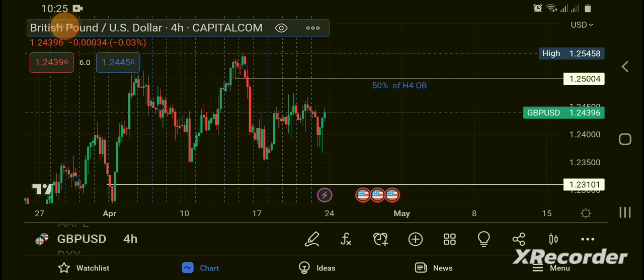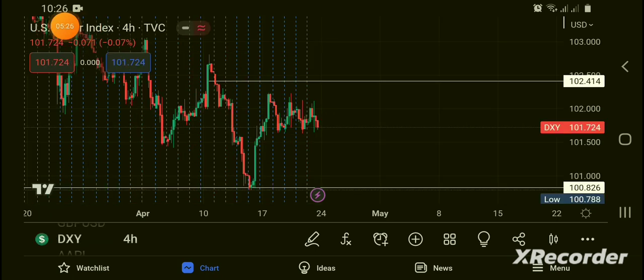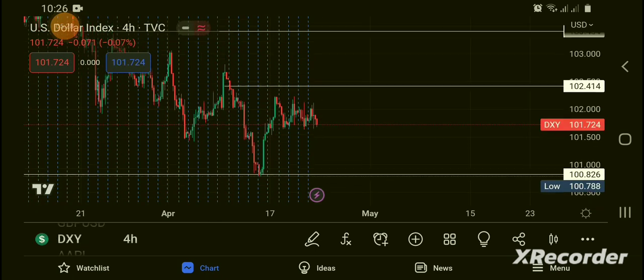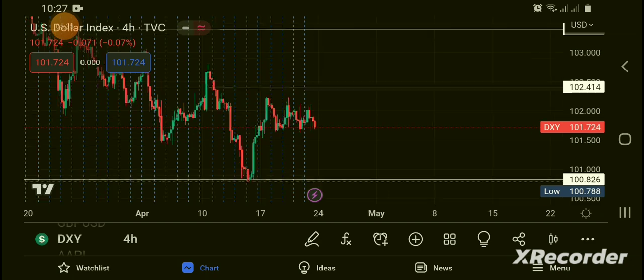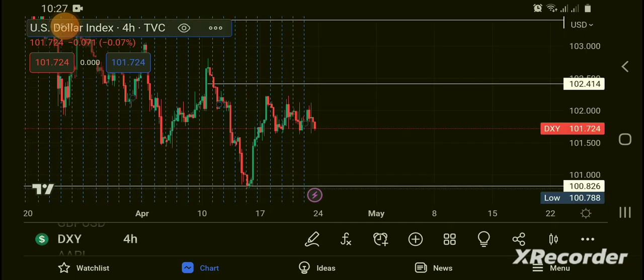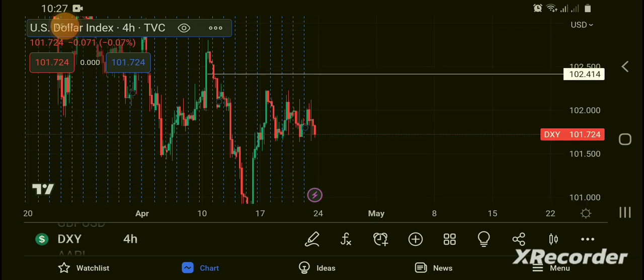But let's look at the dollar index and see what the dollar index is telling us. So guys, this is the dollar index, and we all know that the dollar index is simply representing the strength of the dollar, and if the dollar is getting stronger, it means we should be expecting a weaker GBP USD, meaning if dollar is buying, we should be selling on GBP USD. So now if we look at the dollar index, we find out that